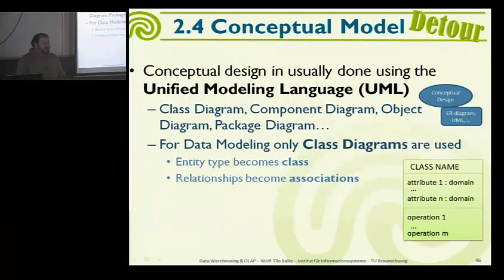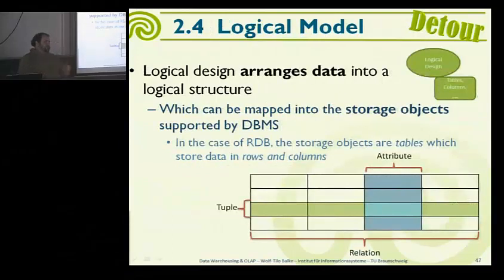So the entity becomes a class, and then you can do some more. You can do package diagrams, or you can do sequence diagrams and so on. So you can express a certain behavior. UML is a little bit more extensive and more expressive than pure ER, but the basic ideas go back to ER, so it's the same idea. For the data modeling, you usually have this class structure where you can inherit, where the class has attributes and so on, and you skip the operations, the behavioral part of the classes, and then you have associations between the classes, which are basically